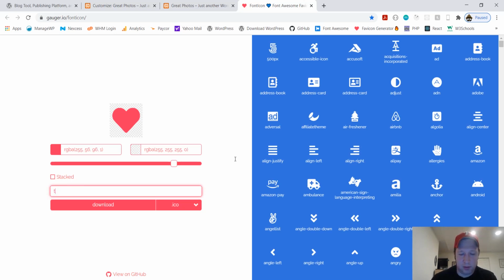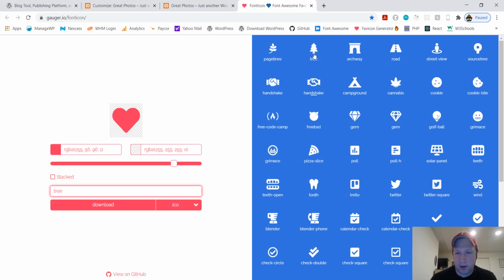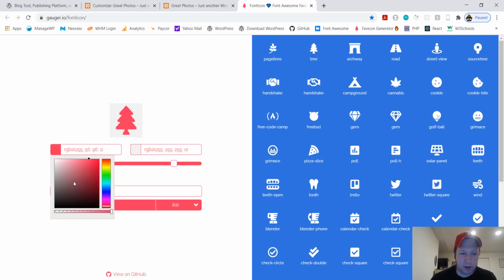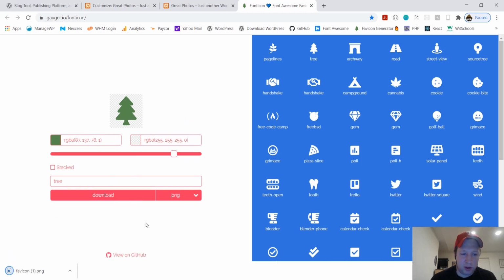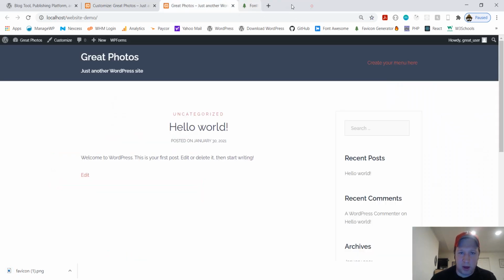It's running slow. And you can pick tree, and then you can pick the color, and then you go to PNG and download. It gives you like a nice little icon. There's a ton of these. You can get your Twitter or whatever. But I'm just using it for this.